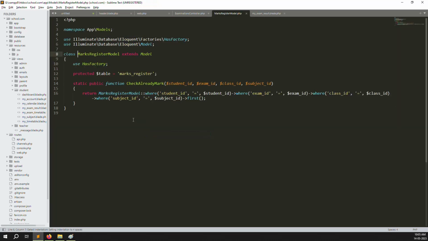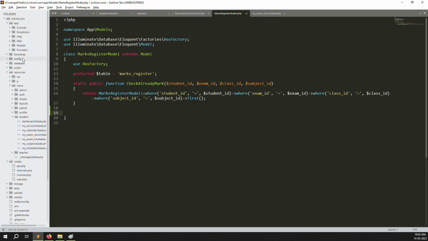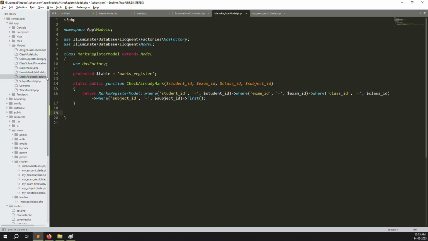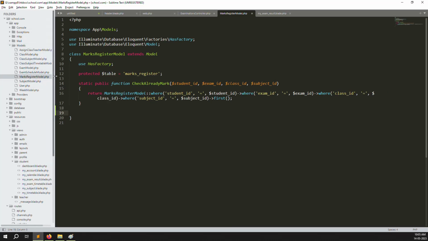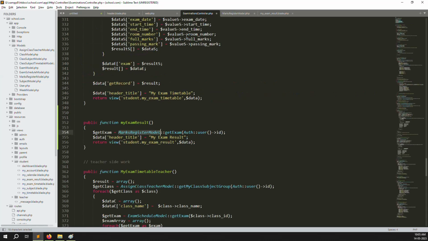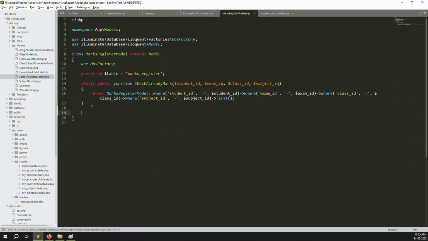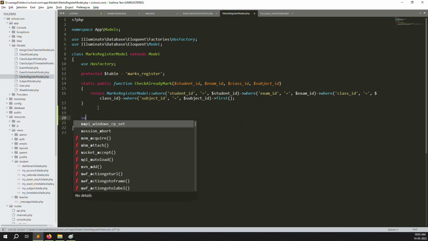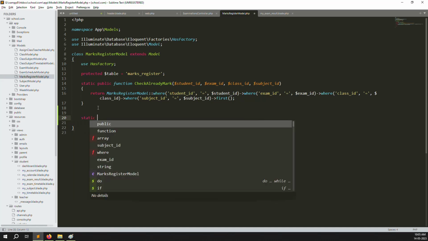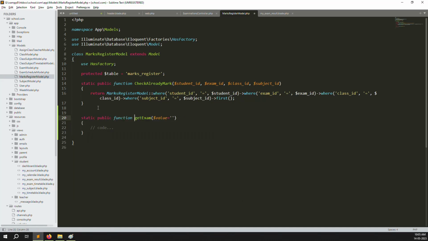Now I go to the controller and create a new function, otherwise we need to go to app model, where inside you can see mark register model.php. Here I have created a new function and I pass one parameter, a student id. Okay, static function, and here I can type student id. Now we need to return mark register